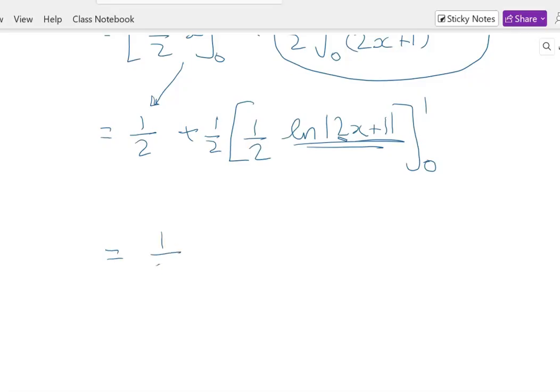And we can clean that up into getting 1/2 plus 1/4 times the natural log of 2 plus 1, which is 3, minus the natural log of 1, which is 0. So we get a final answer of 1/2 plus 1/4